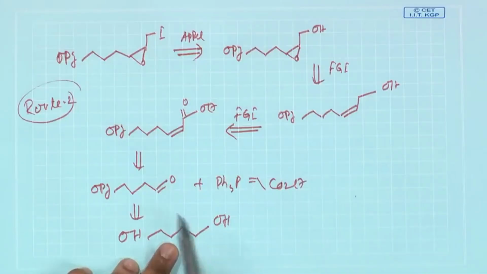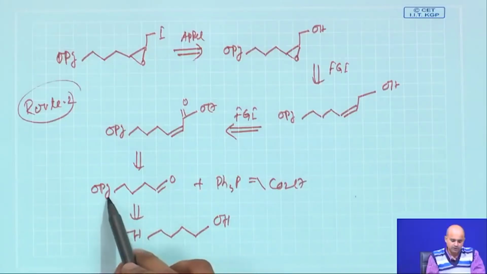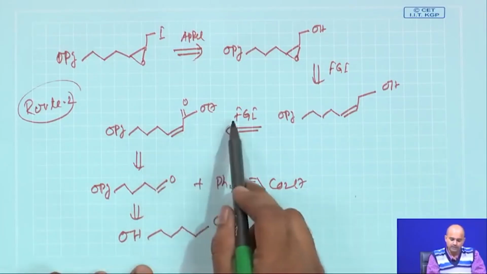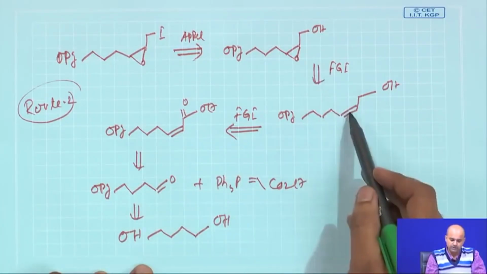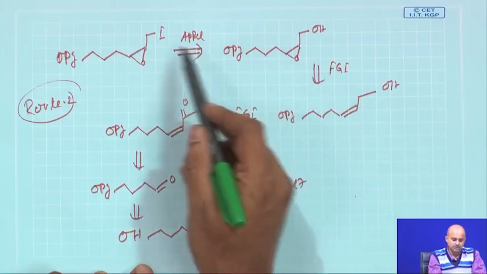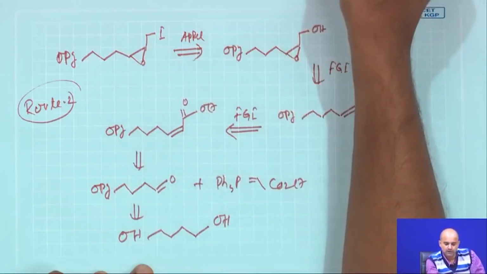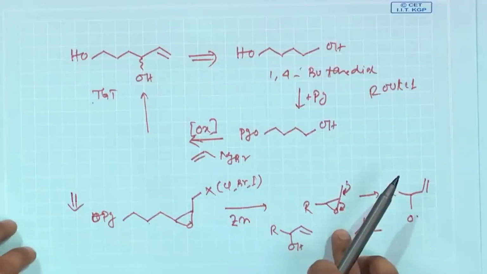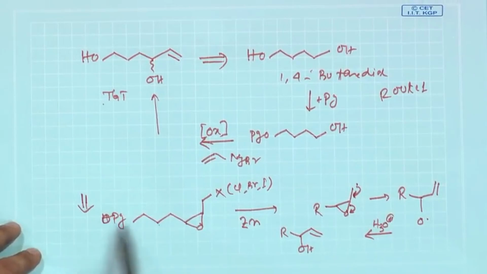How many steps? You start with alcohol first, then you do monoprotection, oxidation, 2 steps, Wittig 3 step, then you do a dibulk 4 step, you do epoxidation 5 step, Appel reaction 6 step, then your de-iodination through epoxide opening, and finally you have to get rid of this protecting group. So, route 1 and route 2 both are in principle possible, and